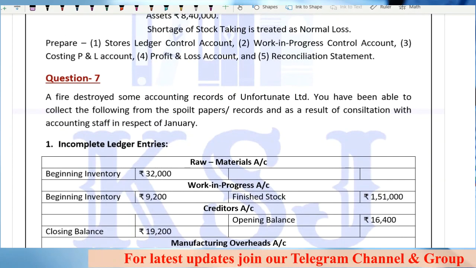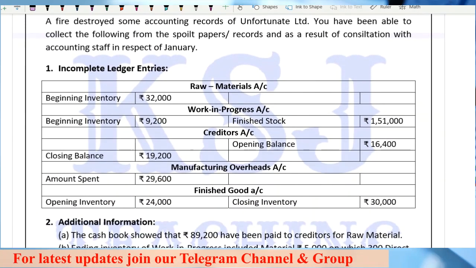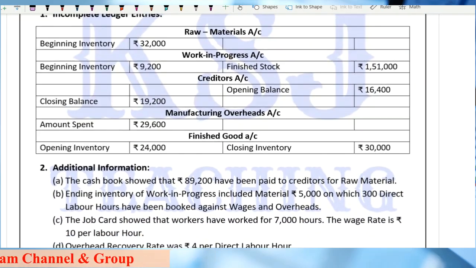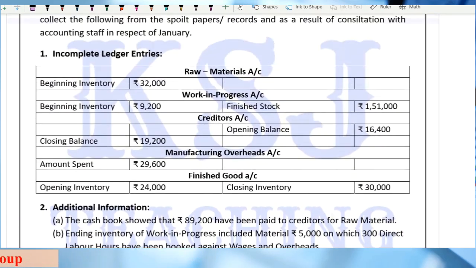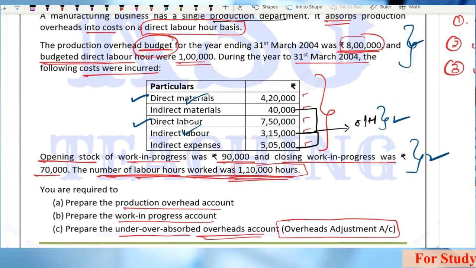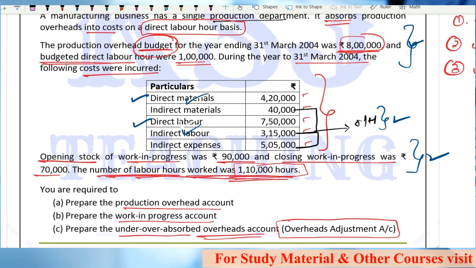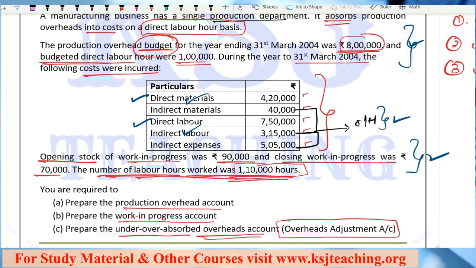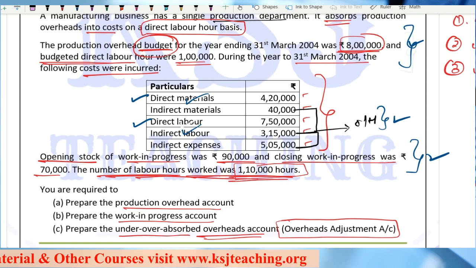Then question number 7 is again very good. This kind of question has been asked in the examination. It is there in your ICAI study material also. So this question number 7 is very good, and I have to discuss it with you. I guess 2 to 3 more lectures on cost accounting records, and then we are good to go with winding up this chapter and moving on to the next one.